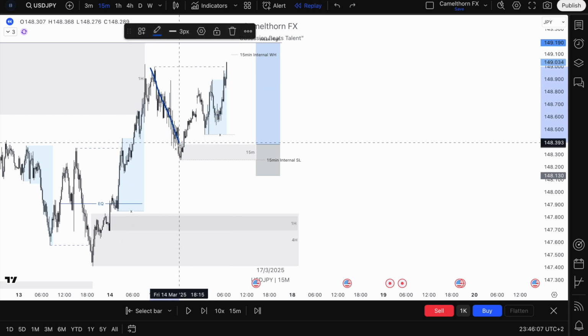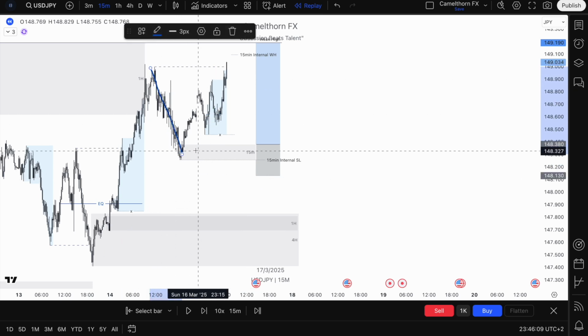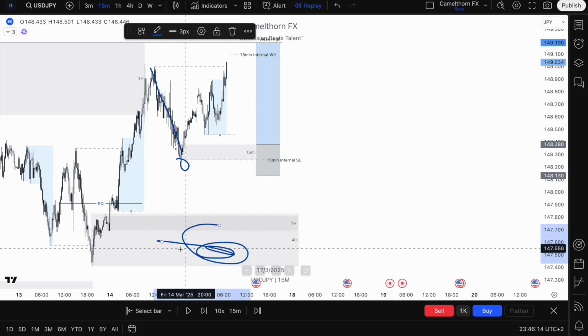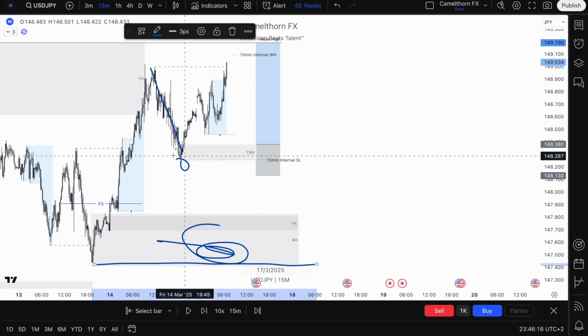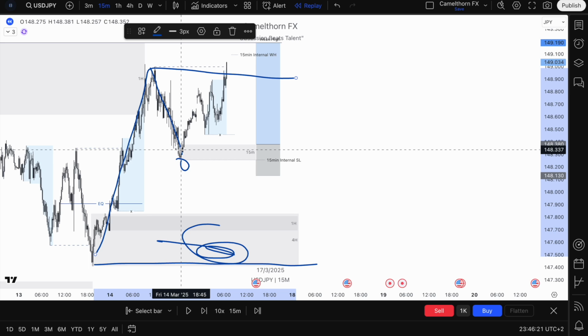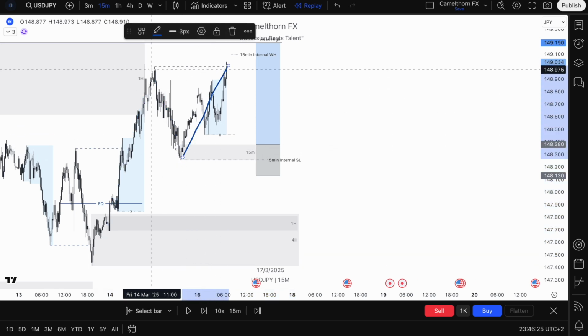We had an internal pullback. Again, this internal pullback stopped short of mitigating the 4-hour demand zone, which sat at the extreme of this initial bullish internal range. But then we had a new bullish internal breaker structure, and that was when I now got